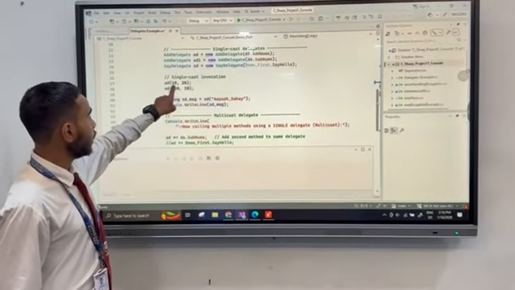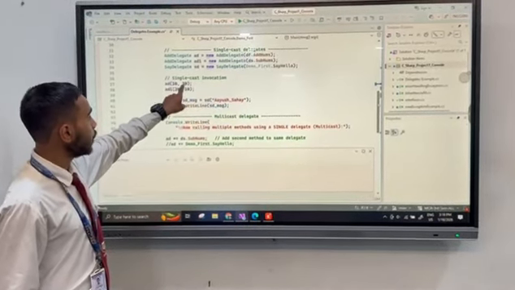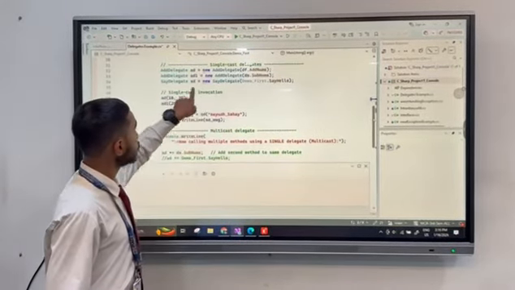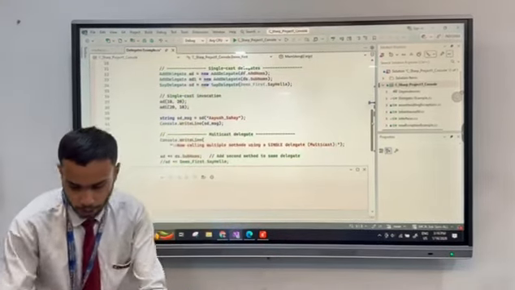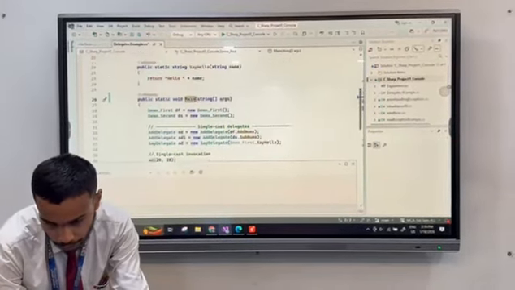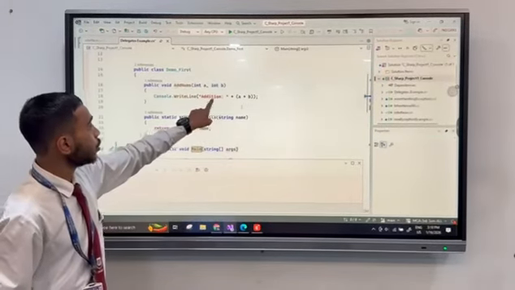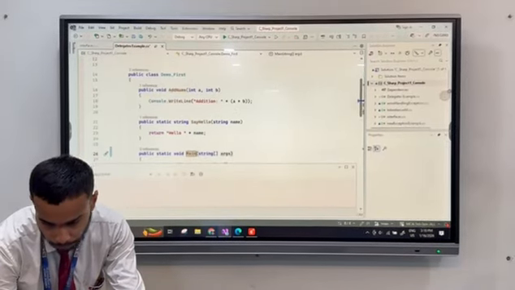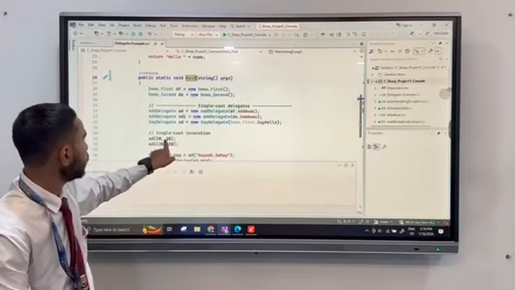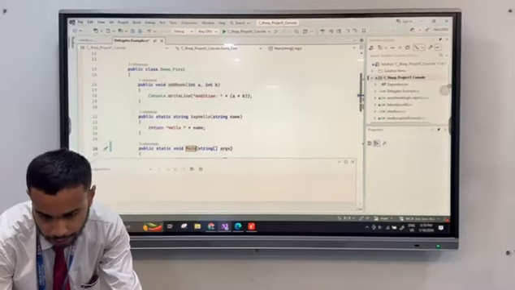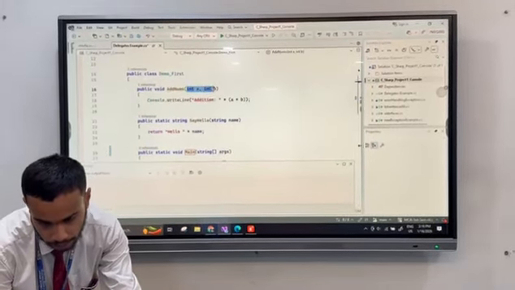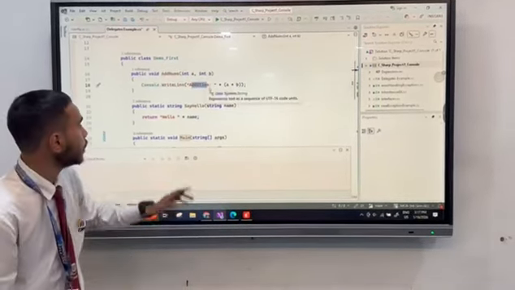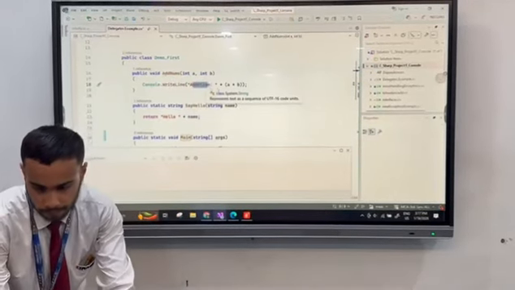Now ad is calling 10, 20. Where is it going to lead you? It's going to lead you here. Ad is calling df dot add numbers, so you are going to the definition of add numbers. Here 10, 20 is the parameter value you are providing. So 10 and 20 are finally reaching here in a and b, and you are going to get the sum of a and b, and then you get the result as addition 30.